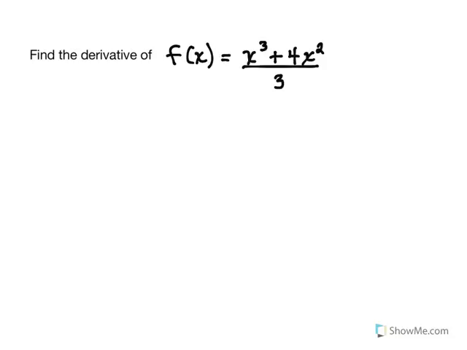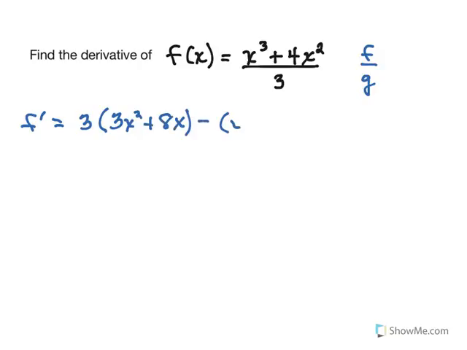Now the last example we're going to look at, we are going to do this two different ways. So let's do it first with the quotient rule, and then we'll talk about another way to do it. Now with the quotient rule, numerator and denominator, so let's go ahead and start that. So remember, we start with the denominator, keep that. Then we multiply by the derivative of the numerator, so that would be 3x squared plus 8x minus, now we